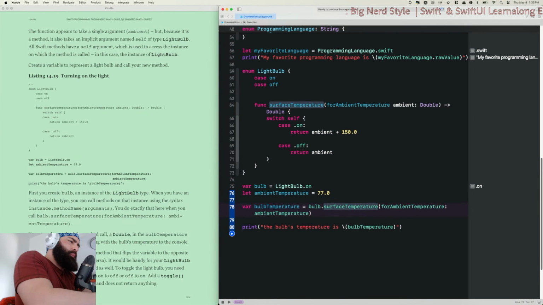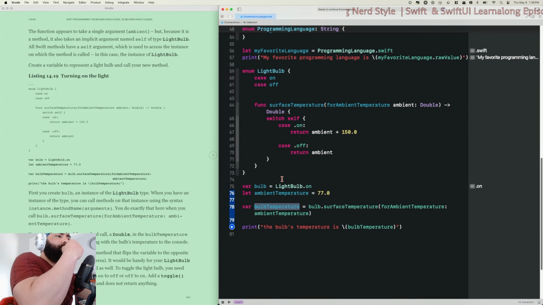You store the result of the method call, a double, which we know from here at the end of 64, in the bulb temperature variable here. Finally, you print a string with the bulb's temperature to the console.